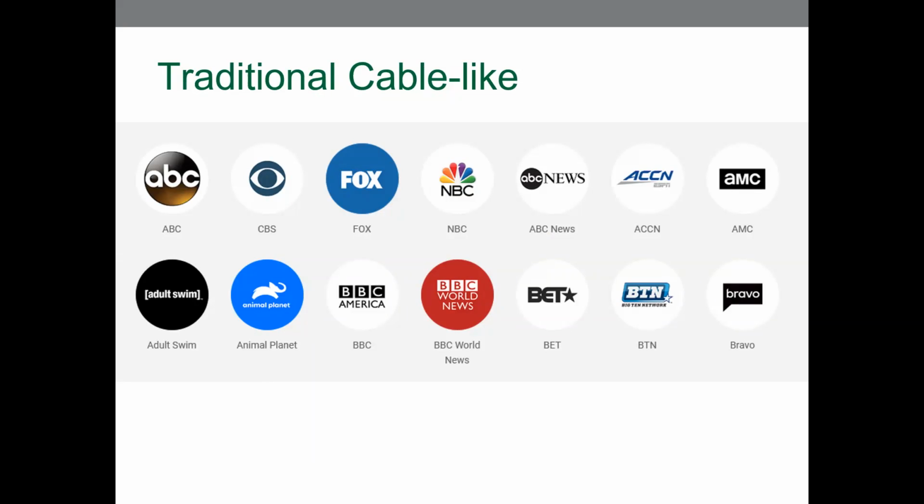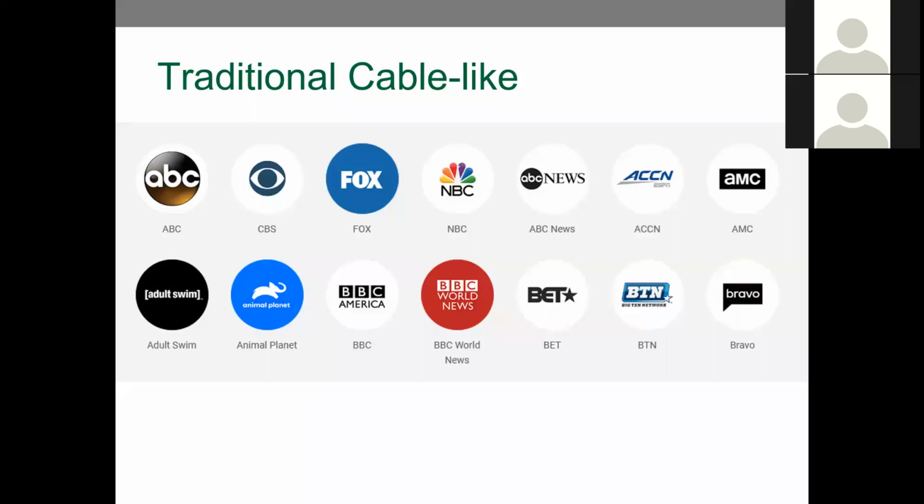So that's streaming. That's more of an on-demand service, something where you go through their library, you see what's available, you watch it on demand. But what if you have certain channels you like to watch, certain shows you like to watch on certain channels? For that, they have the option of something that I call the traditional cable-like service. Those are becoming much more popular now as an alternative to traditional cable.